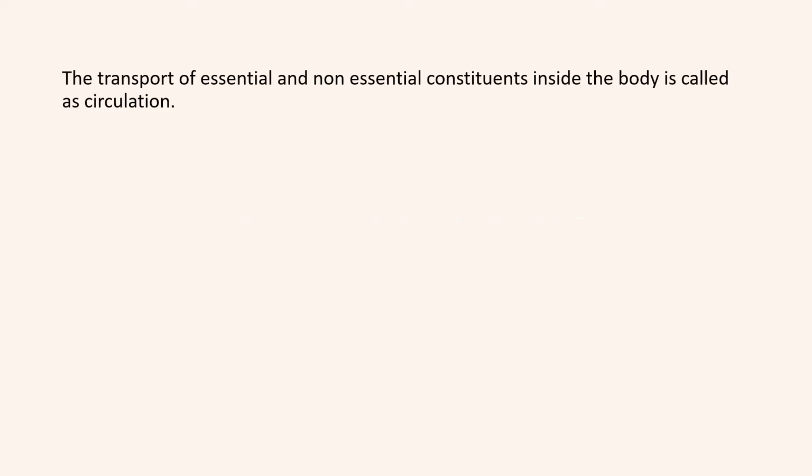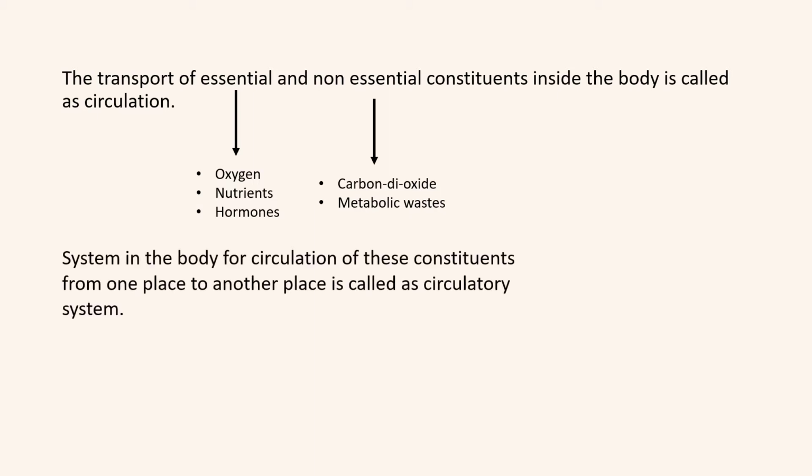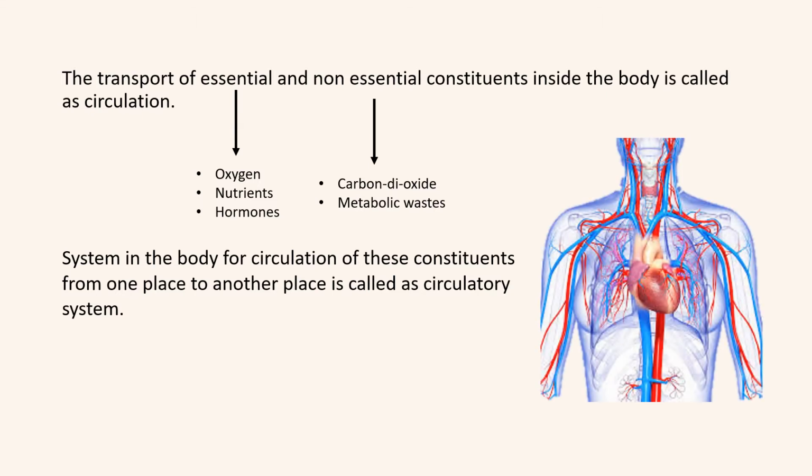Blood composition. The transport of essential and non-essential constituents inside the body is called circulation. Some of these essential constituents are oxygen, nutrients, and hormones. Some of the non-essential constituents are carbon dioxide and metabolic wastes. The system in the body for circulation of these constituents from one place to another is called the